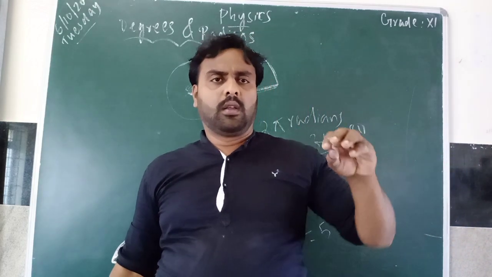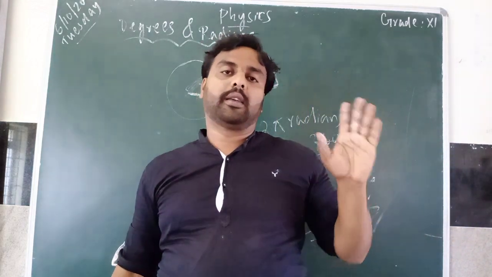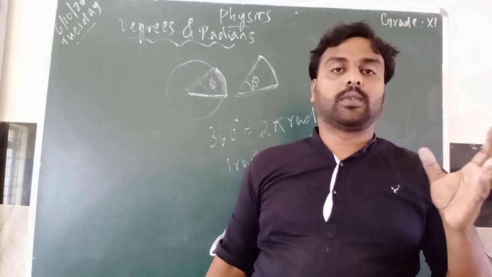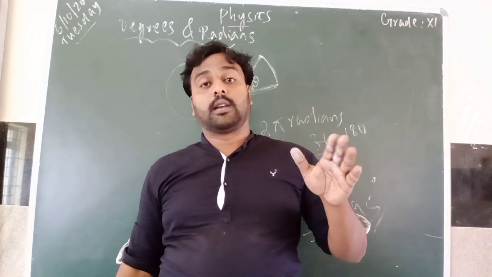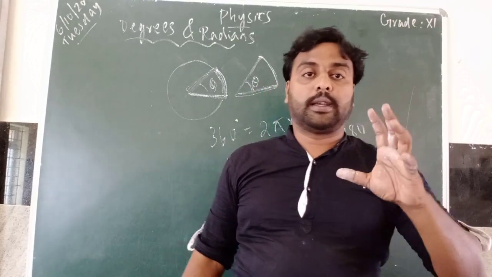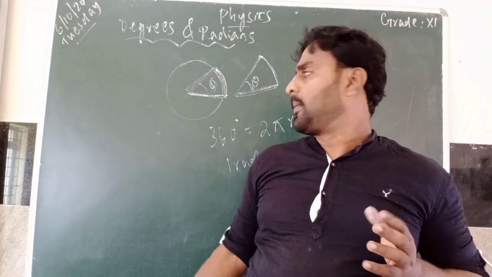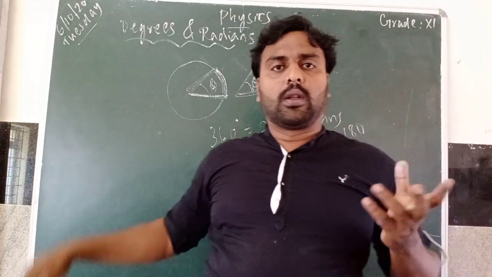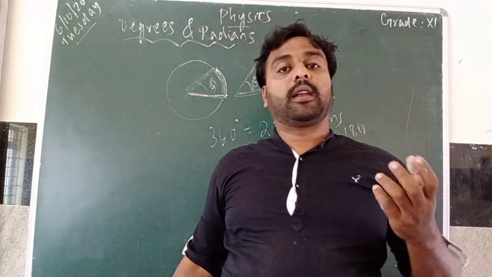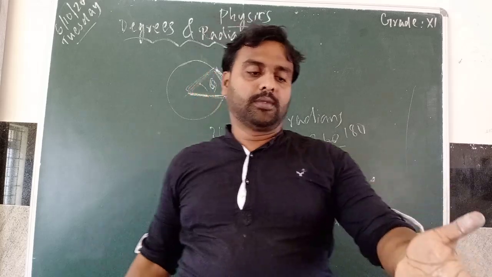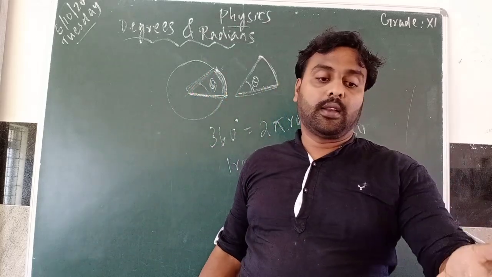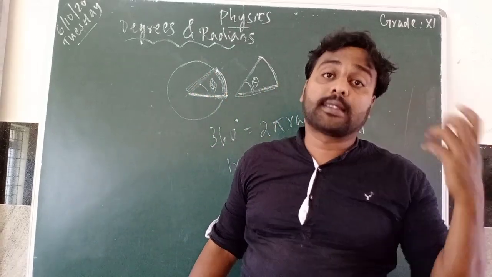Angles only. Mostly when we are finding the area, volume, circumference or surface area of a circle, we are using the term what? Radians. And then how can we describe radian, how can we define radian, how can we define 1 radian? These are the 3 definitions given in this textbook. Radian, how you can describe.